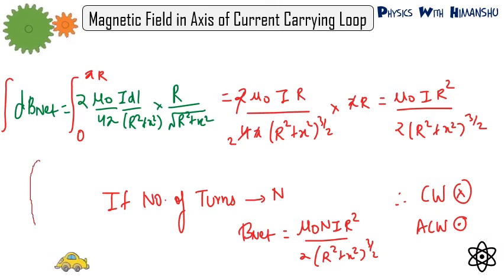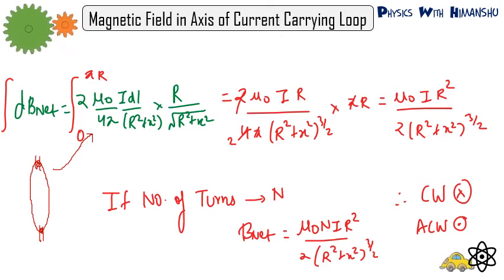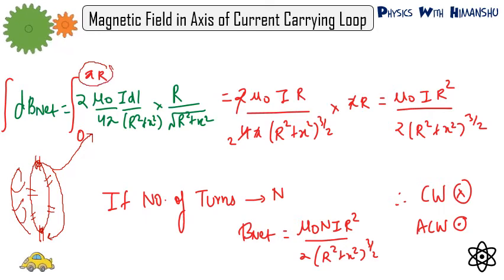So you can understand this topic like this. I have taken one length element here, and by combining both, I have reached this equation. So to reach this equation, I have to take two length elements. If I take this one, this one is already covered. If I take this one, this one is already covered. So if I come from this point to this point, all this will be already covered. So I have integrated from 0 to pi r only, because integration limits are to be put for the length element.